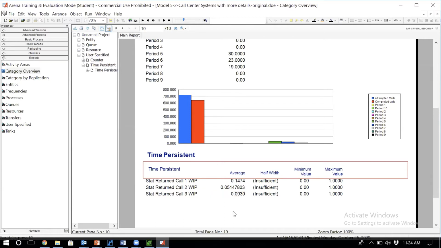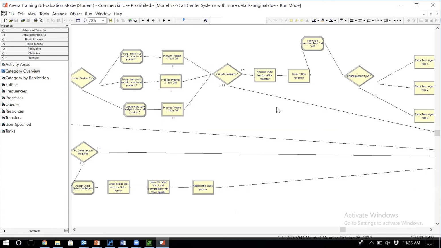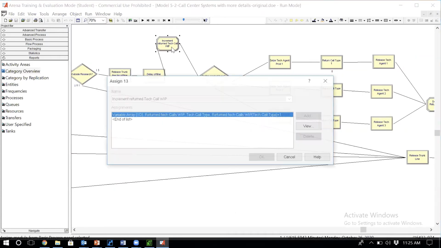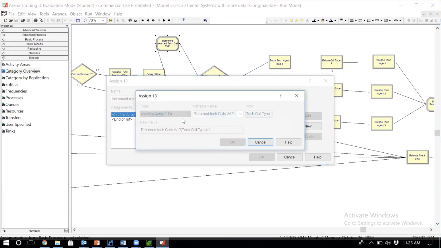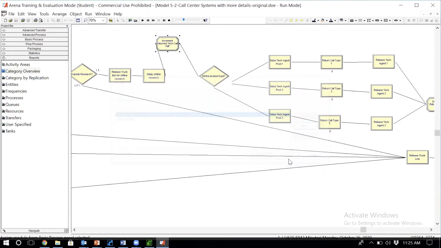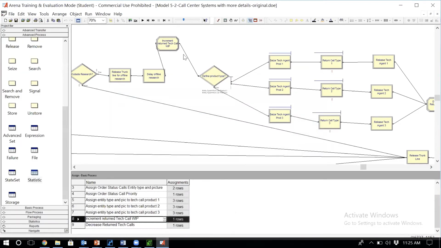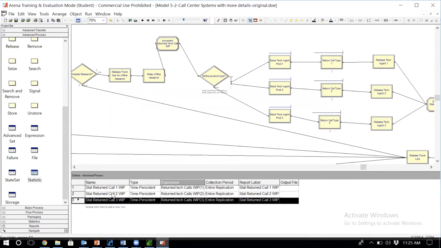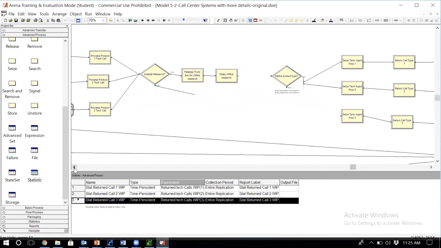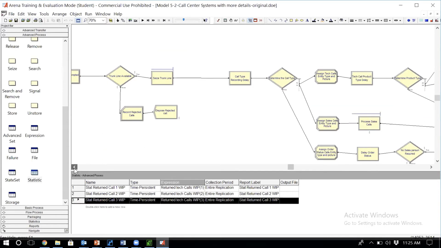However, the reason we went through this example was that I wanted you guys first to learn how to use variables as an array, a 1-dimensional or 2-dimensional array, to define working process or anything that you need. And then also know that we can define all these variables in the model, but they don't appear in the report automatically. If we want to see the value of some of these variables, we have to define some statistics based on these variables, because what we see at the end in the report are what we define in the reports,